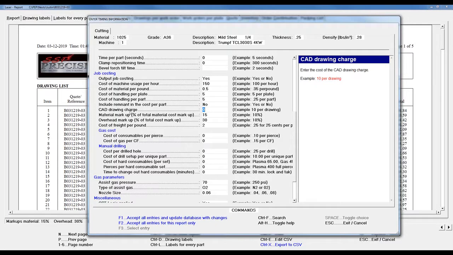Are you charging a CAD drawing charge? That's more of an engineering charge. You may charge someone a certain amount of money per drawing if it's taking you a lot of time or energy. And then these are the markups that we talked about for material and overhead. And right now we're also costing for freight per pound. So if you know that you have a per pound weight that you want to include in the quote, you can